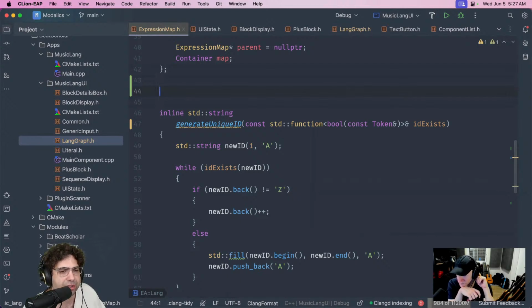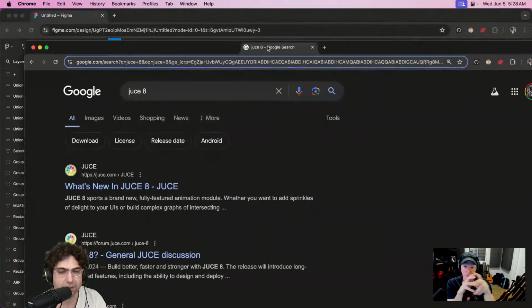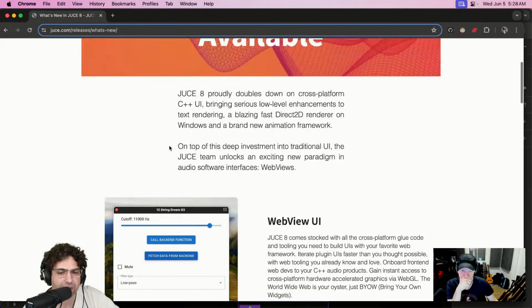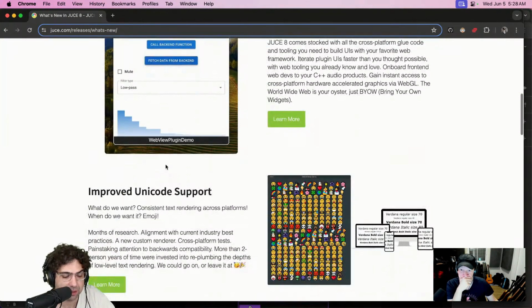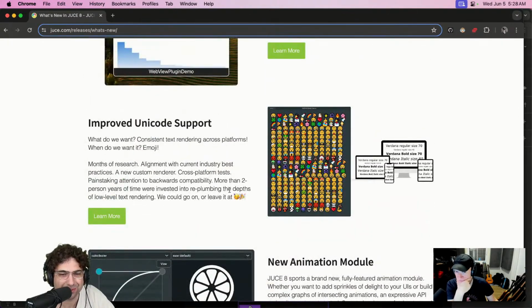There's a couple of other new things. I forgot what else they have that's new. Let's see, I'm just going to go to Juice 8. WebView is the JavaScript backend. Improved Unicode. Oh, they have emojis. That's actually pretty awesome.